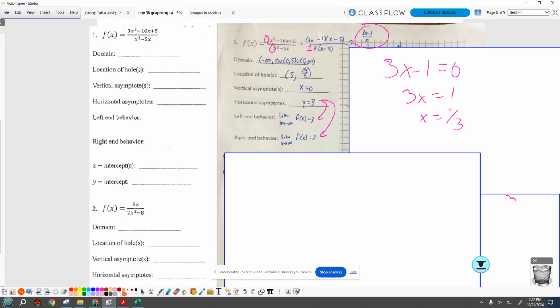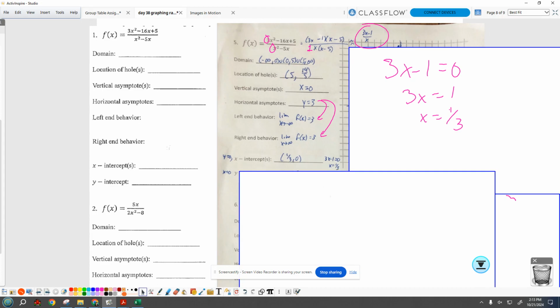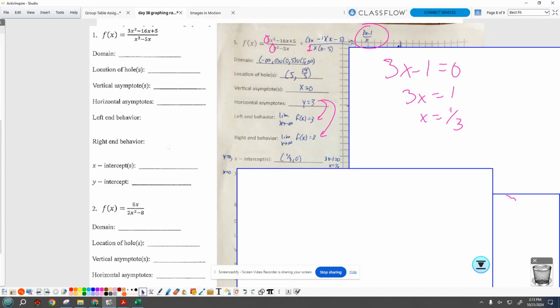So when it's a fraction, it's 0 when the top is 0. Finding that, we get the x-intercept. Over here it says y-intercepts are found when we set x equal to 0. Greg, for that one, when you set x equal to 0, there's a 0 on the bottom, so there's no y-intercept. Okay, Greg just said he plugged 0 into the leftovers and got -1 divided by 0.